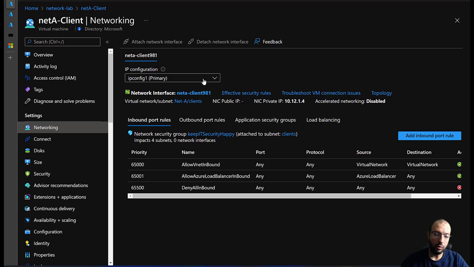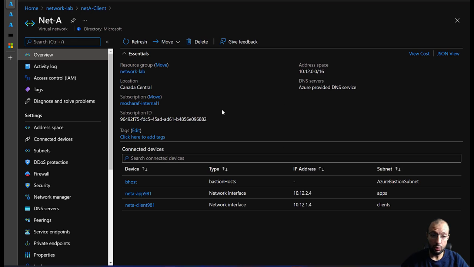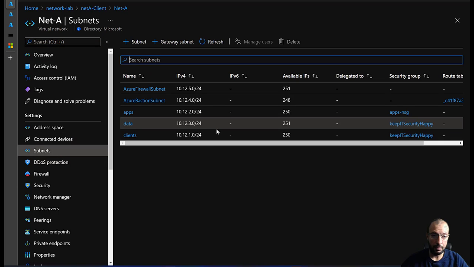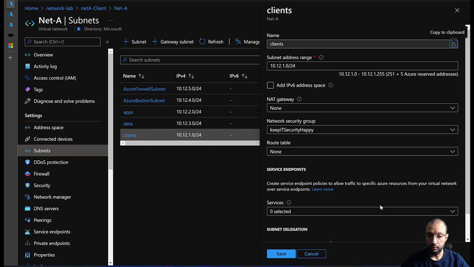Okay, starting the demo from the network configuration of a machine inside this subnet, or attached to this subnet, that we intend to have a service endpoint for. So I see here that the network name is NetA and the subnet is client. So I'm going to click on this one, now on the subnet configurations. And what I need to do is go to the subnets, we'll go to clients,